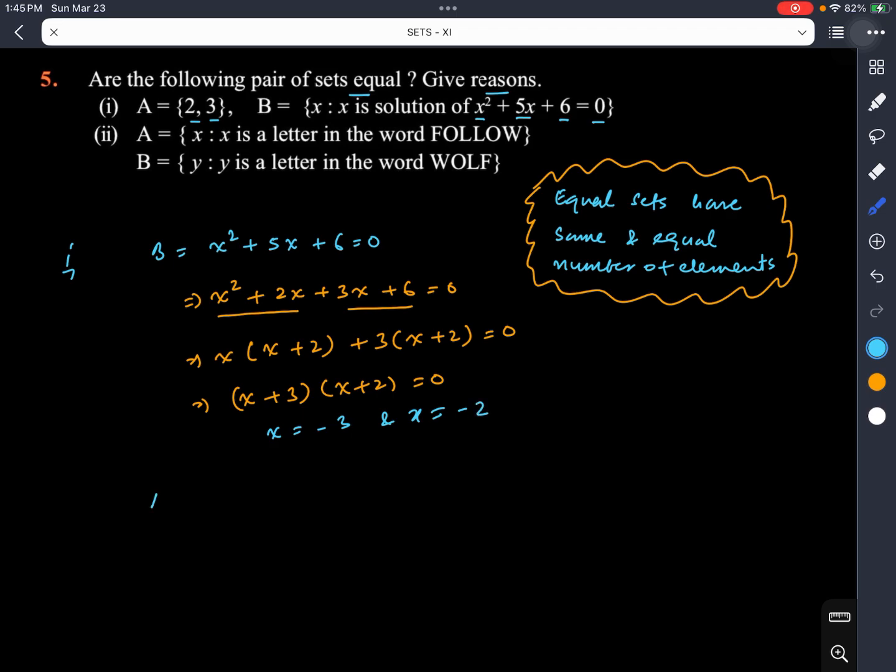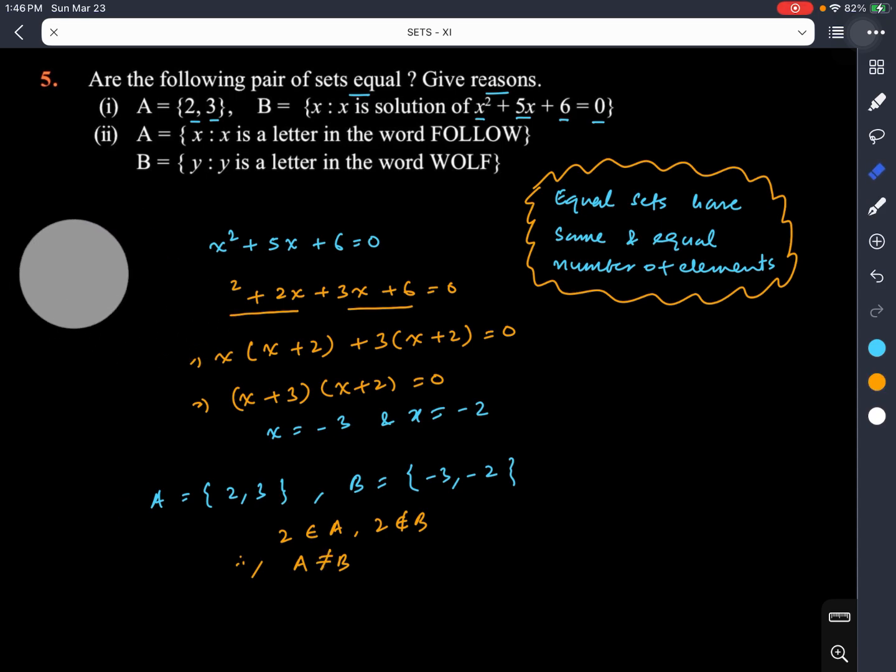Thus we have set A has elements as 2, 3 and set B has elements as -3, -2. So one can easily observe that 2 is an element of set A, while it's not an element of set B. Therefore, the given sets, set A and set B, they are not equal. Towards the second part,